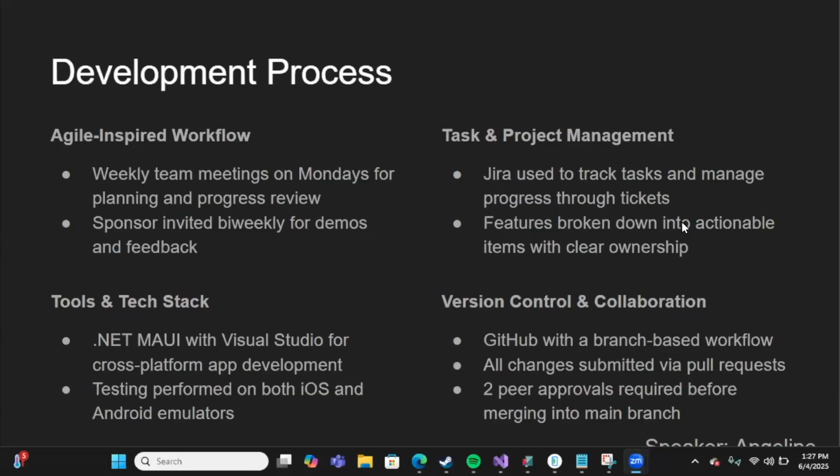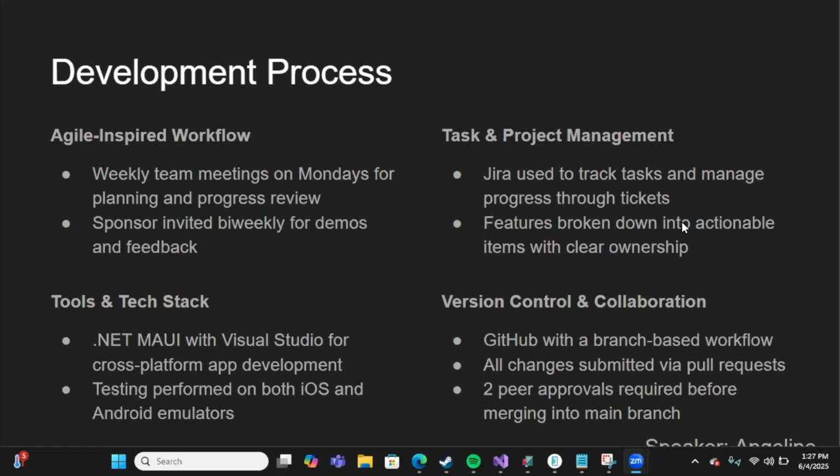Our development process follows an agile style methodology. We conduct weekly team meetings on Mondays to review progress, discuss feature implementation, and plan upcoming tasks. Additionally, midweek reviews on Wednesdays allow us to assess the development flow and adjust priorities as needed. Task tracking and project organization are managed through Jira, where work is broken down into tickets that are updated as